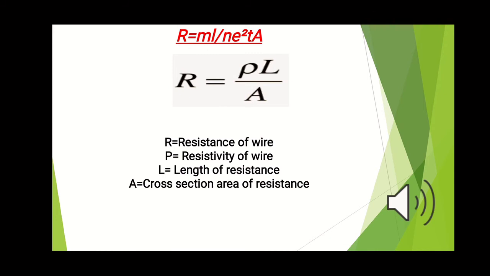The third one is if the wire is heated. So we remember in the case of conductors and alloys, the resistance will increase, while in the case of semiconductors, electrolytes and insulators, the resistance will decrease with the rise of temperature. This I have already discussed in our earlier video, so I don't need to discuss it again here.